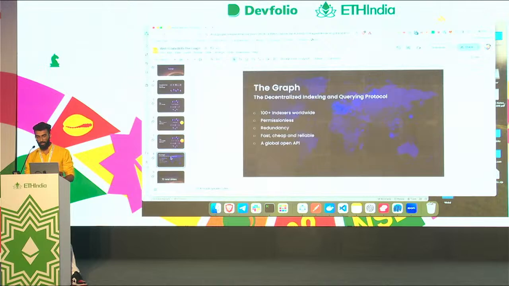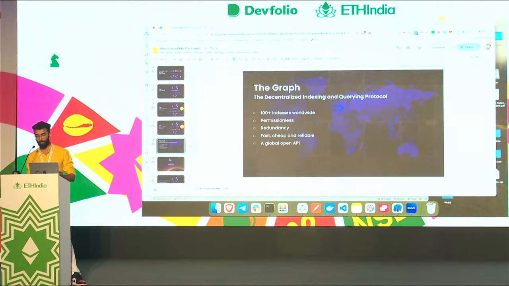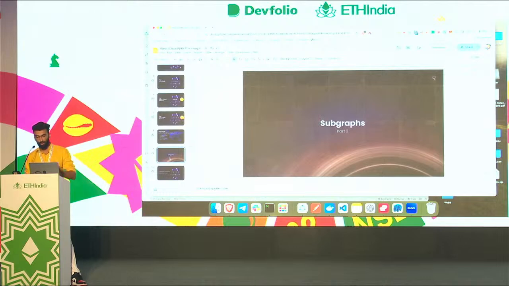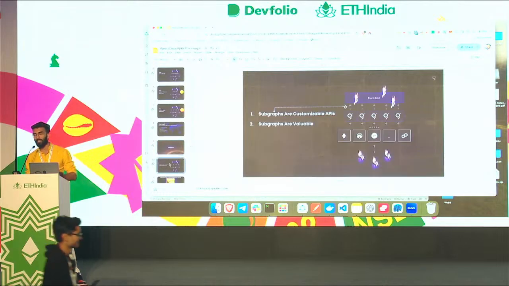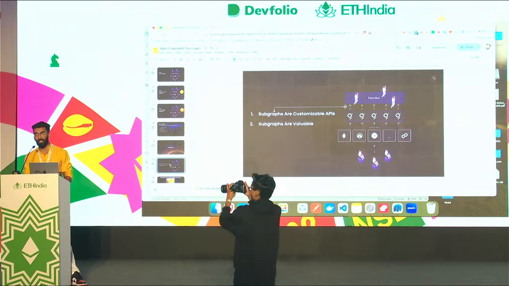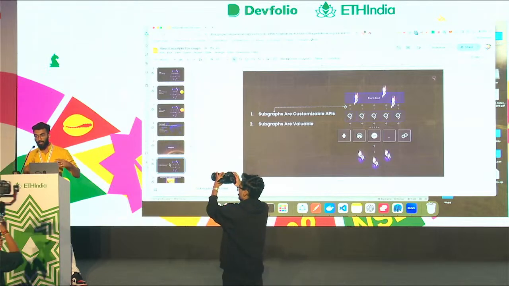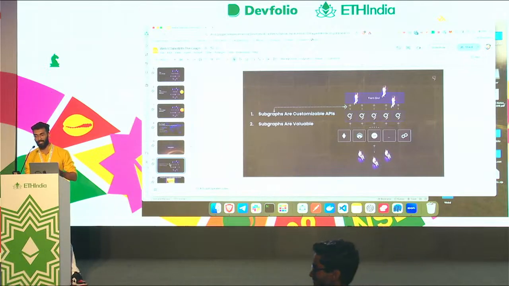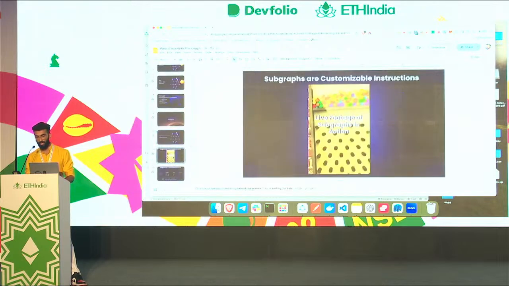Right now The Graph decentralized network has 100 indexers, and if you want to win a bounty, you need to deploy a subgraph on The Graph network itself. What is a subgraph? The Graph is the protocol, and a subgraph is basically the data that you need from the smart contract. The Graph indexes the blockchain data, but you need to tell it, hey, this is my smart contract address, this is the start block of that smart contract address, please index this particular data for me. So a subgraph is you telling The Graph, in a programmatic language, this is what I need, please get this for me. This is what subgraphs do.